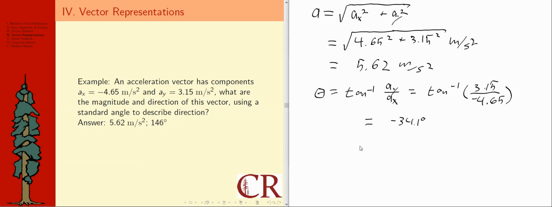In other words, if I drew a quick sketch of this acceleration vector, it's pointing negative x. Oh, whoops, that's actually negative y, isn't it, as well? It's negative x, positive y, so it should look like this rather than the one that I just drew. What this angle corresponds to is a vector pointing in the opposite direction. So if I add 180 to this number, so plus 180, right,